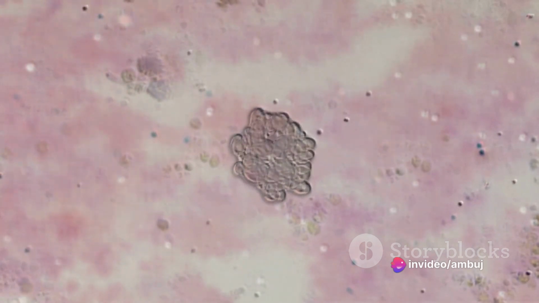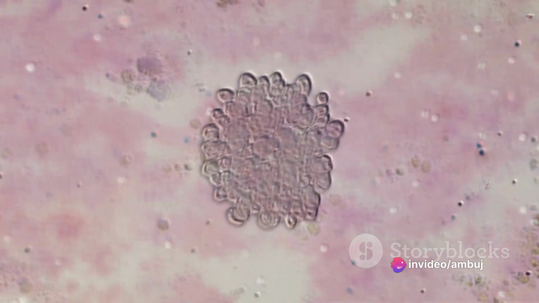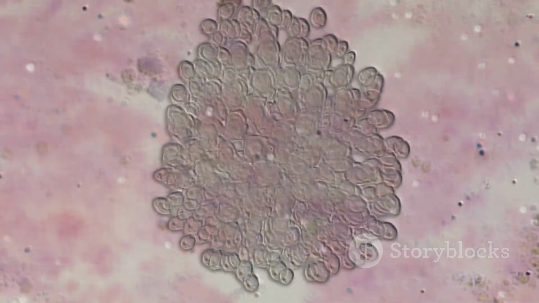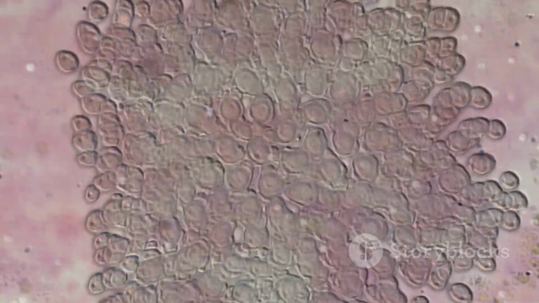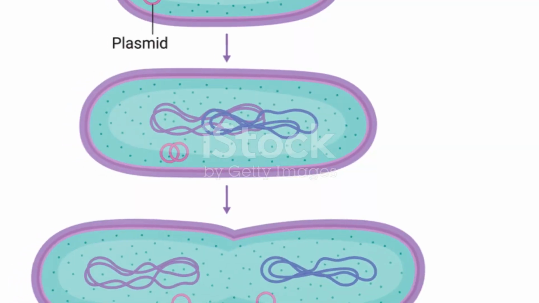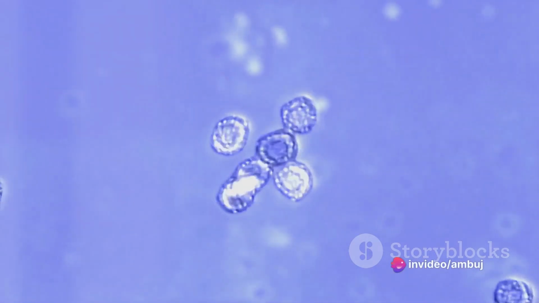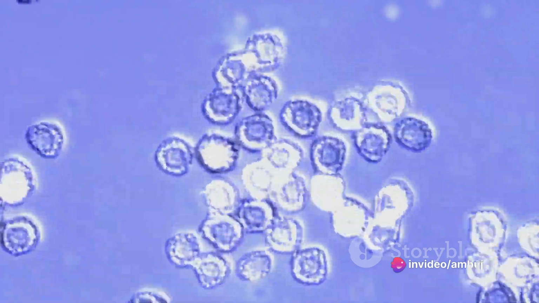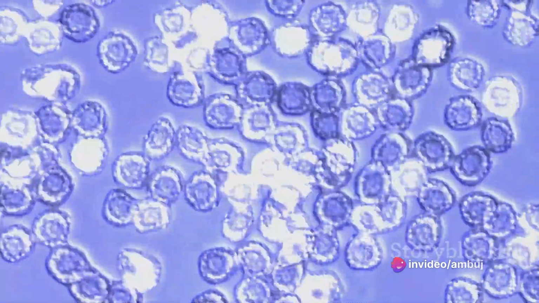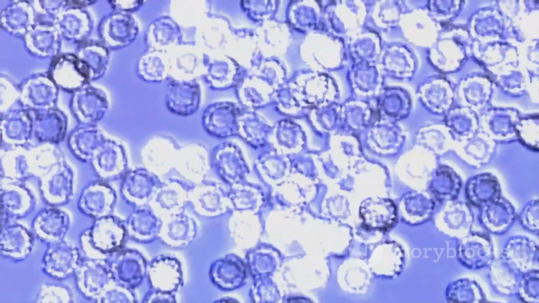Asexual reproduction is a solo act. It involves the creation of a new individual from a single parent. It's pretty straightforward and doesn't require a partner. One method of asexual reproduction is binary fission. Picture a parent cell dividing into two identical daughter cells. Each one is a clone, an exact replica of the original.